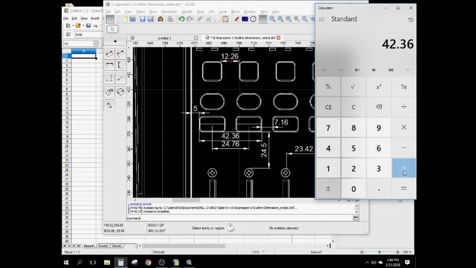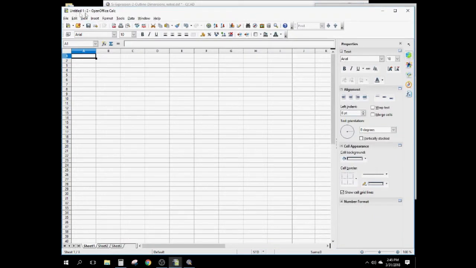42.36. I made a mistake there. Plus 7.16. 49.52 divided by 2. 24.76 times 0.039 gives me 965 thousandths. 956 actually. Alright, so let's go over here to our Open Office and we're going to select